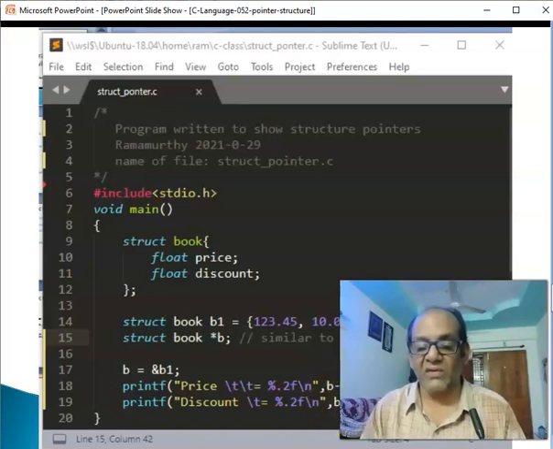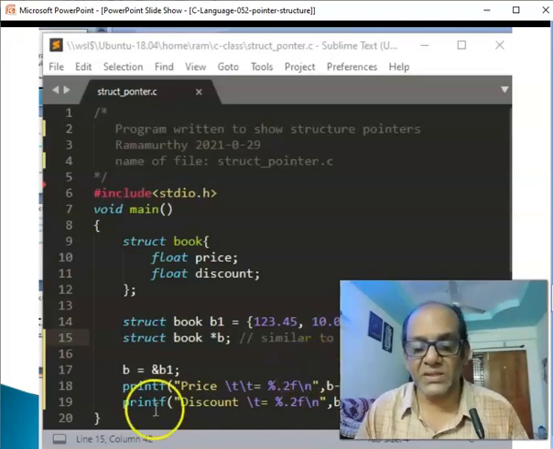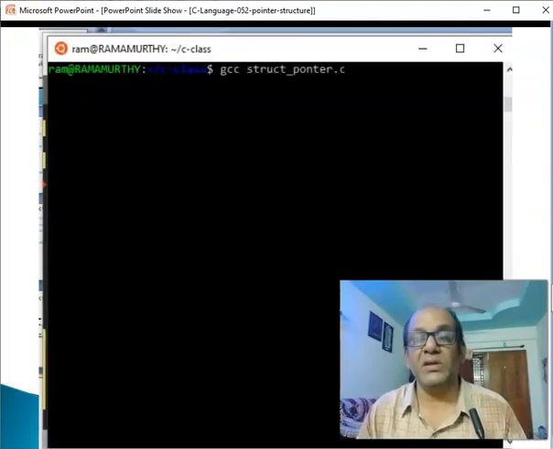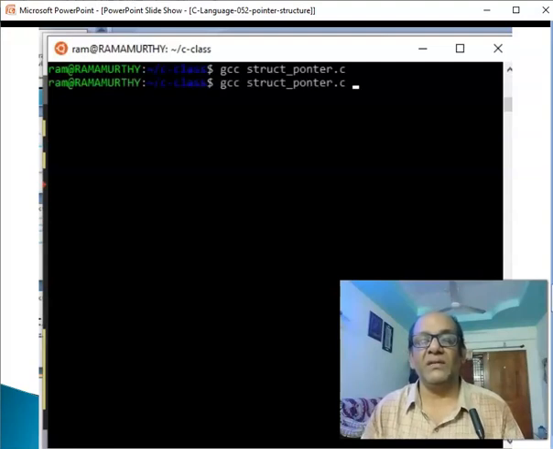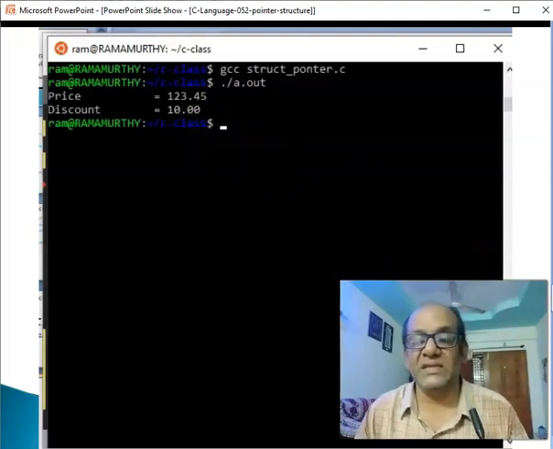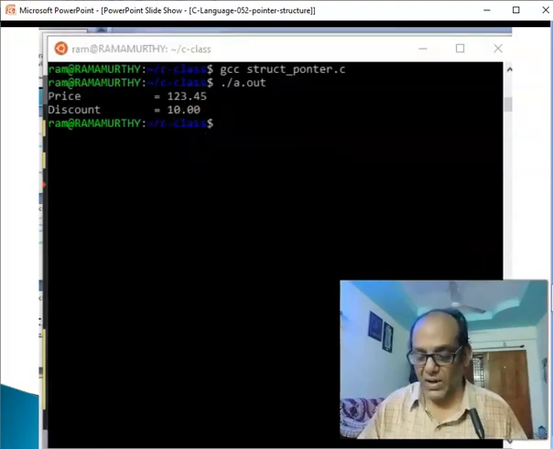Similarly, B arrow discount fetches the next element, and we are printing both of them with the .2f format specification. We compile this file and then execute it with ./a.out, and you see that the elements are printed nicely.